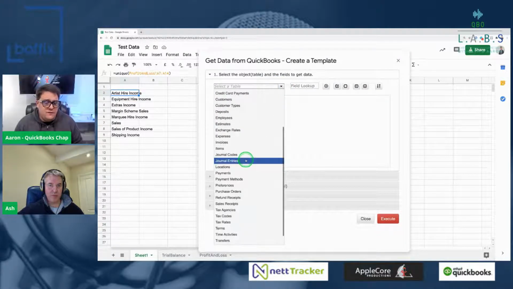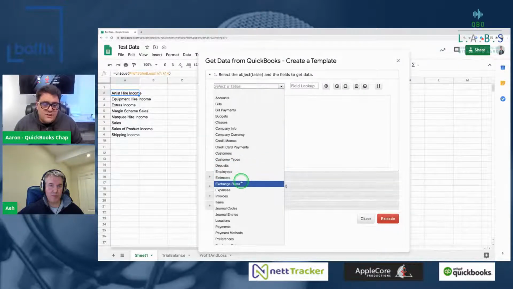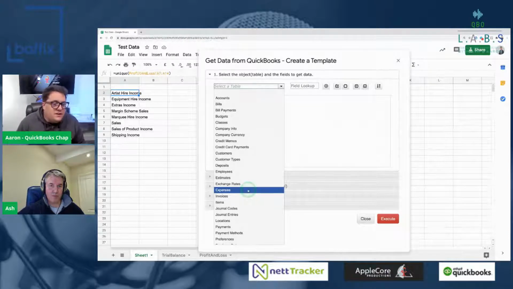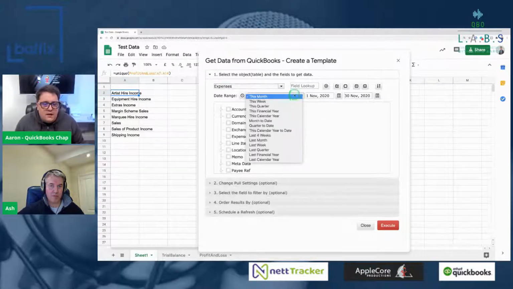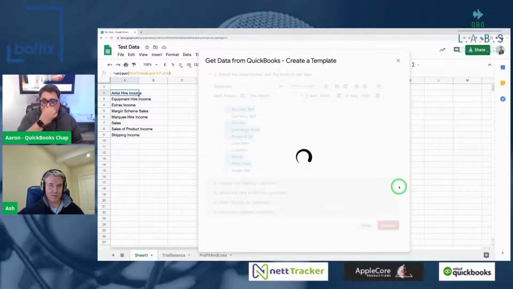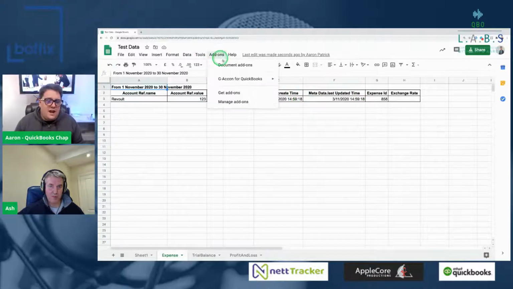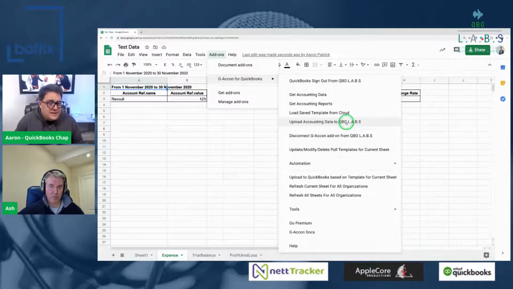You literally choose what type of data you want. You can go through and do general expenses or general transactions, or if you know it's just expenses you want to interact with, you choose what type of transactions and what items you want to come through. You can set all manner of templates if you need to. And literally you press execute. That will bring down the data that's already in there. I've only got one item in this particular date range. Then you can edit this accordingly, and as soon as you're happy with it, you upload the accounting data back to QuickBooks. You can set that to be automatic as well.